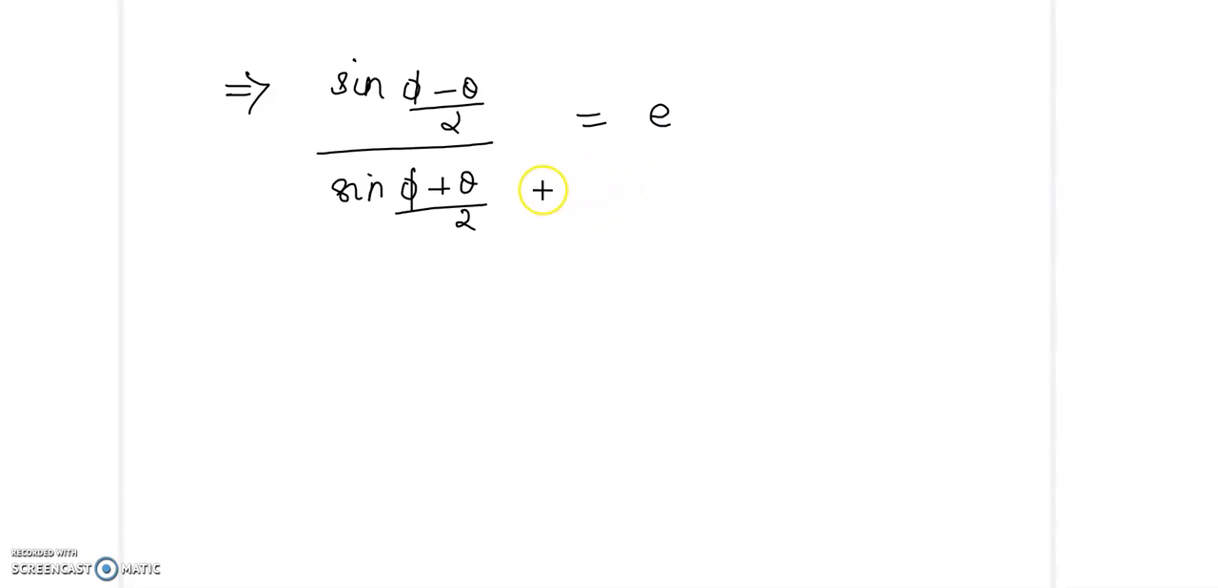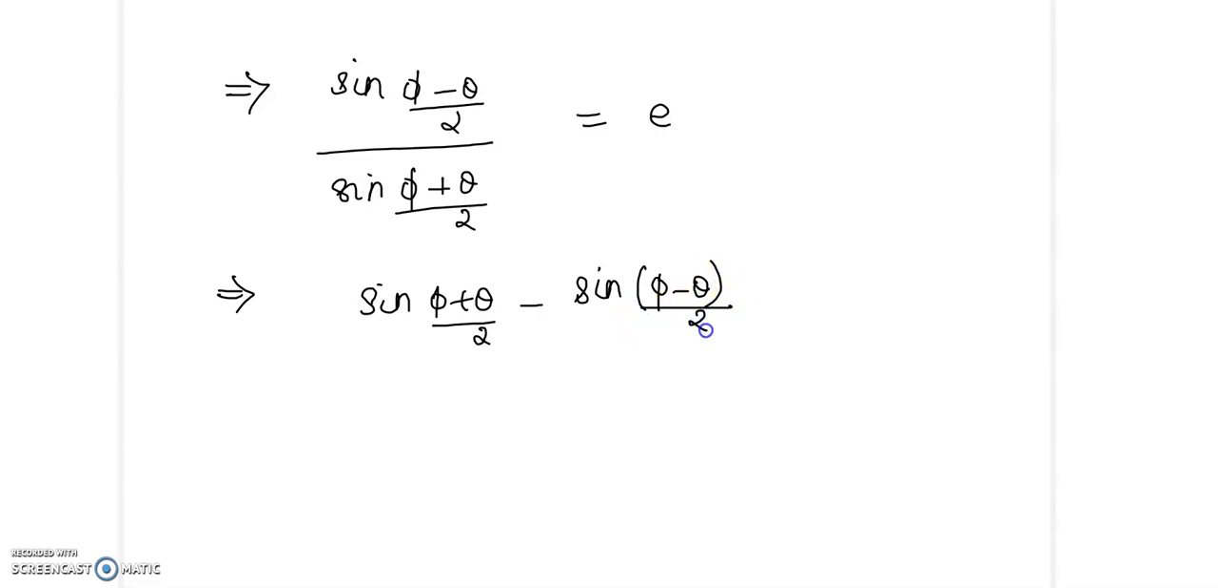Now let us use the componendo dividendo rule. So by using componendo dividendo we will get sin of (phi plus theta) by 2 minus sin of (phi minus theta) by 2 by